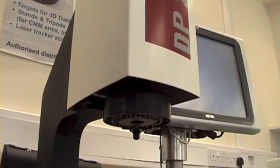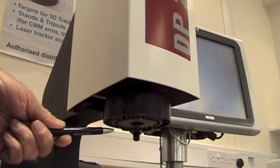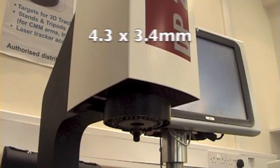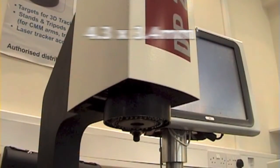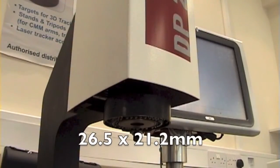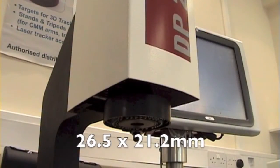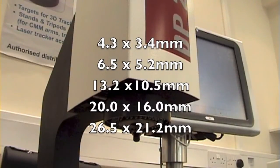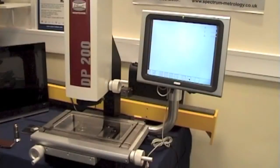Because the digital camera looks at a small portion of the whole surface being inspected, a range of objective lenses are available, one of which will be specified when ordering. Because of this, the view areas vary from 4.3mm by 3.4mm up to 26.5mm by 21.2mm in 5 convenient magnifications, depending on your application. This system has a 13.2mm by 10.5mm objective lens, which is the mid-range option and addresses a large portion of